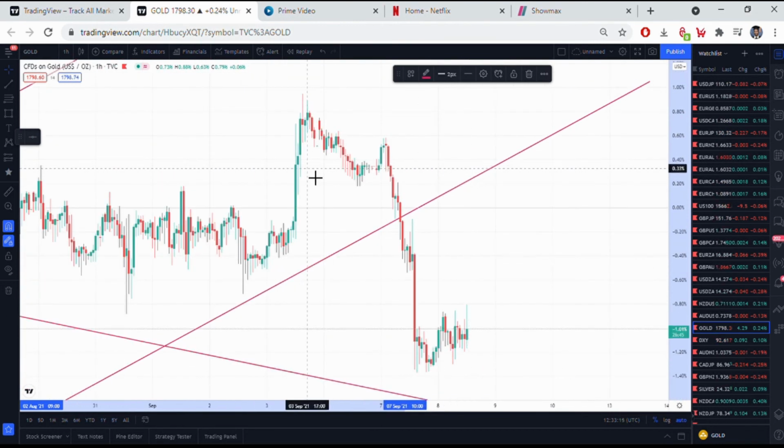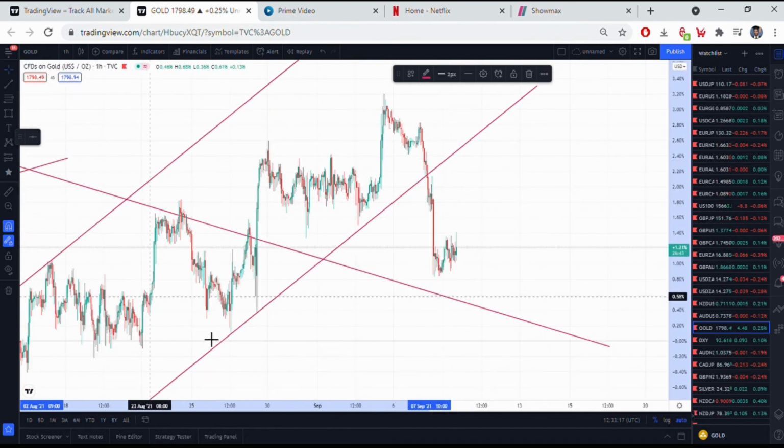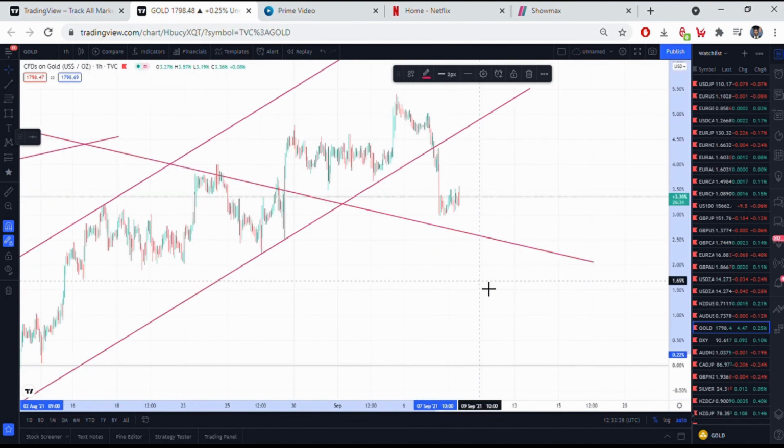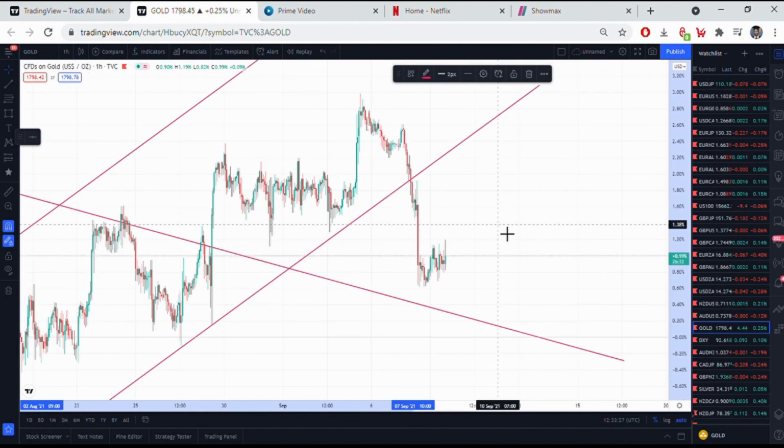Now we are here. The market has broken out of the channel, pushed to the upside, came down, consolidated, just relaxing, and then pushed to the upside, then came down. And when it comes down, there are specific levels in supply and demand trading. There are specific levels whereby you know where the market is going to turn. And for you to know those levels, you will need to continue watching my videos.